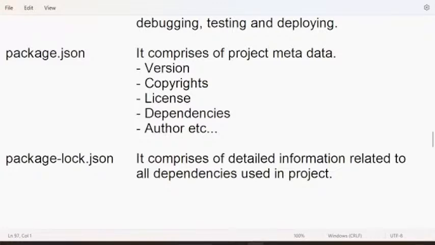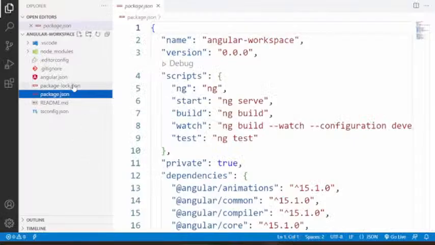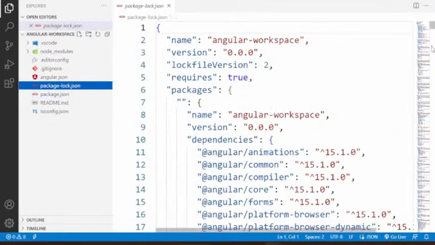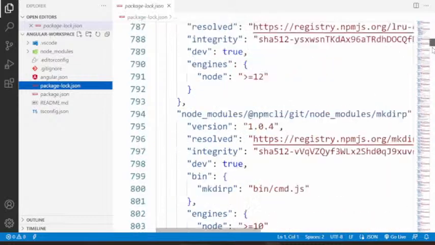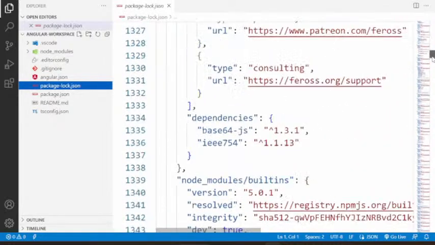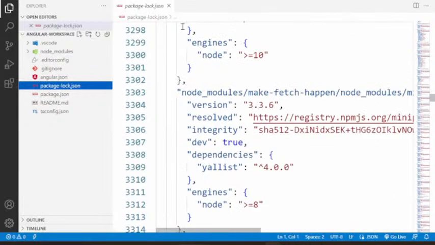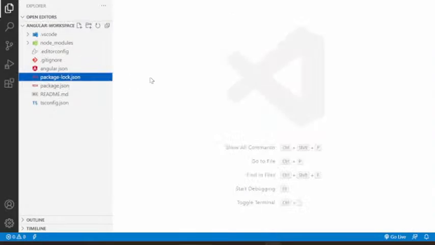So summary is present in which location? Brief is present in package.json. Detail is present in package-lock.json. This is important. You can see here, package-lock.json contains detail about every package, more information. That means for every package, more information is present here. So all detailed information about every package you can get from package-lock.json.